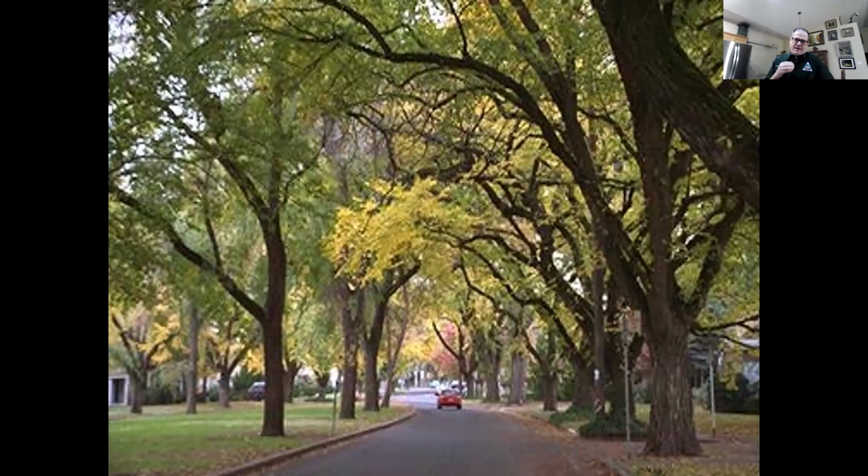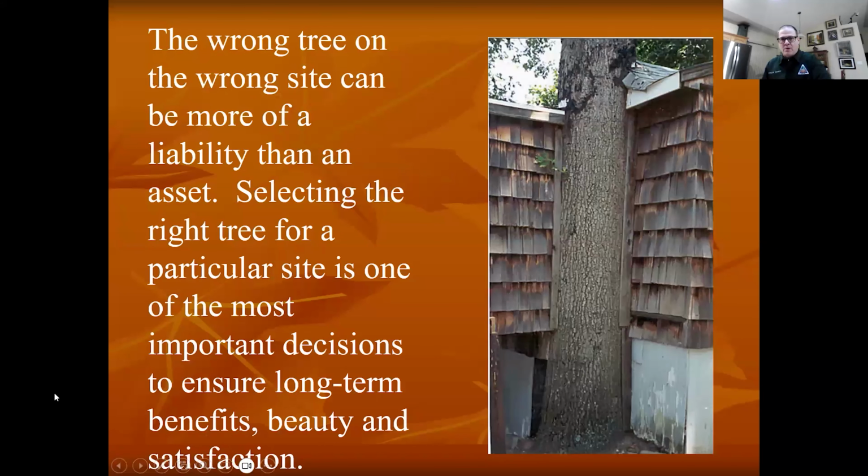So how green your environment is literally affects you even while you're still in the womb, and it goes all the way into your old age. You heal faster if you're in a hospital recovery room where you can see a green park-like setting. You enjoy your job better. You call in sick less, you stress less, and you live longer. So this is what we're looking for. But to get this, you have to pick the correct tree, the right tree for the right place, and plant it the right way, and then take care of it. And that's what I'm going to go over today.